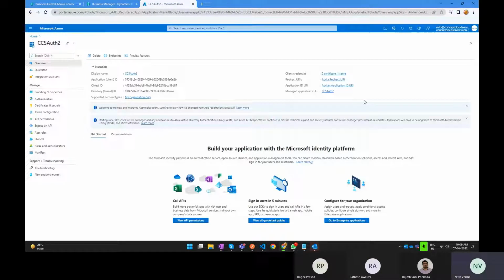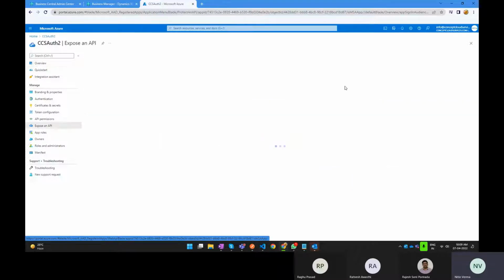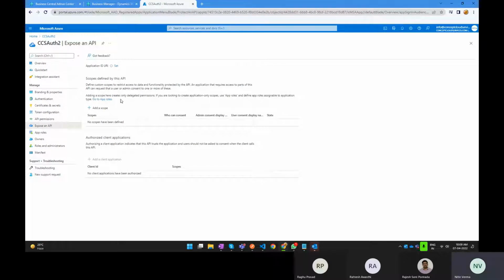Now the second part is we have to provide an application ID URL. It means whenever you are sending a call request to Business Central, in which URL it should go and ask you the credential. So this is the part where we have to provide that application ID URL. So for doing this,